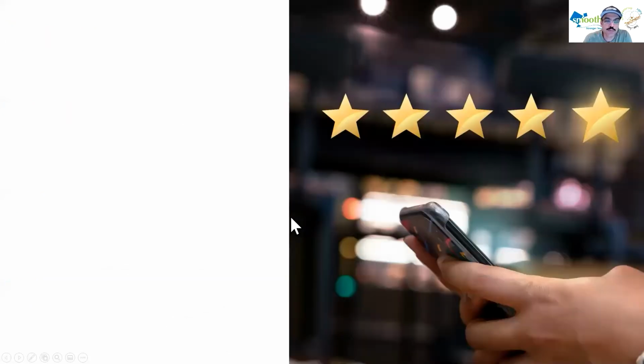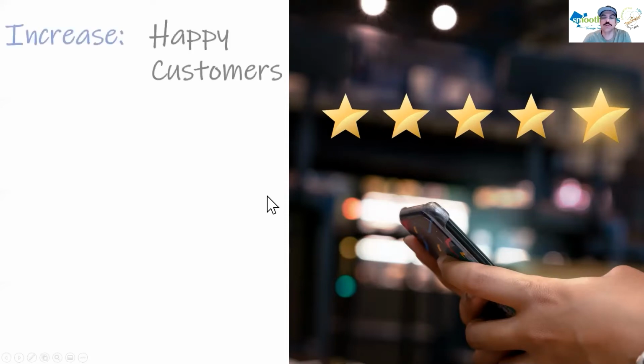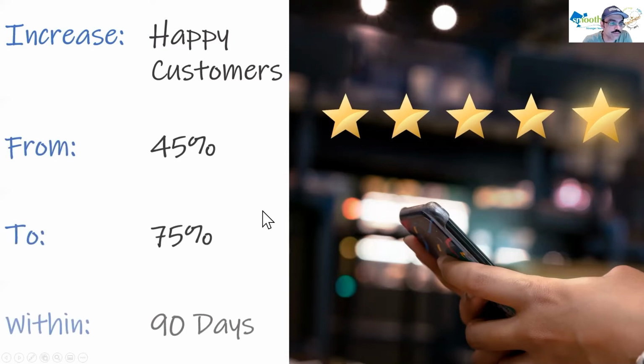What if the problem is our customers are frustrated, they are leaving us in droves, they are filling the internet up with horrible reviews. And in fact, not only are they leaving, but they are preventing us from acquiring new customers. And this is not who we want to be. Well, one possible wildly important goal for agile enablement could be: increase happy customers from 45% to 75% within 90